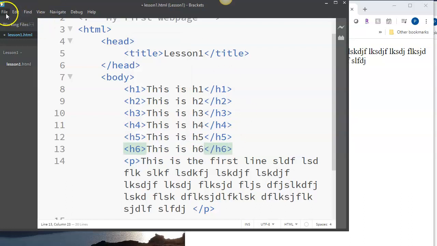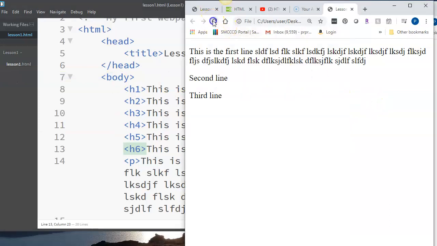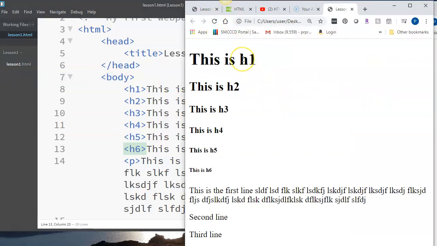Now, one of the reasons for having these different sizes is because, so here we go. So you can see that H1 is the largest and H6 is the smallest. H6 is smaller than a paragraph. So all of these things, all of these headers and paragraphs have a default sizing to them in terms of